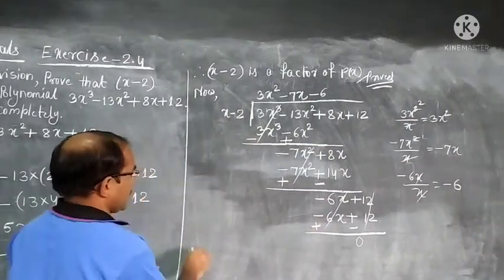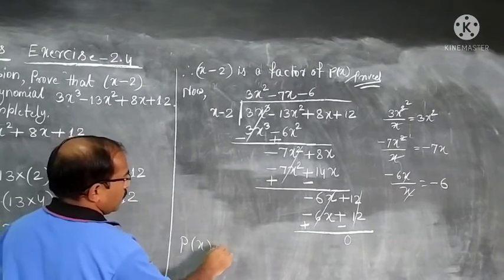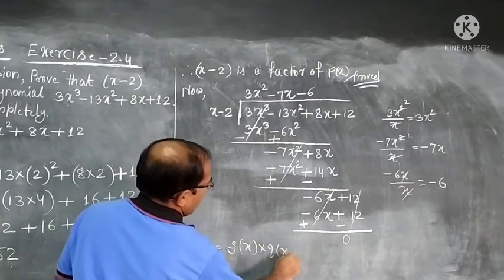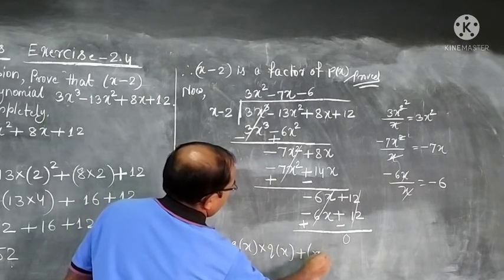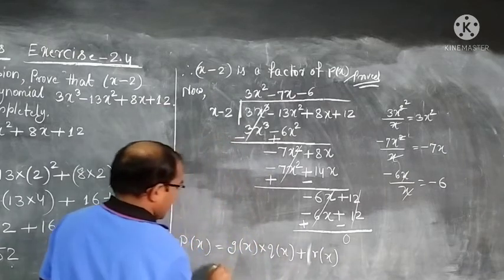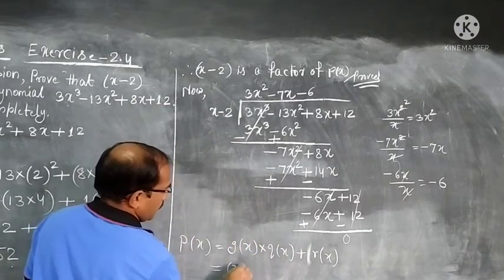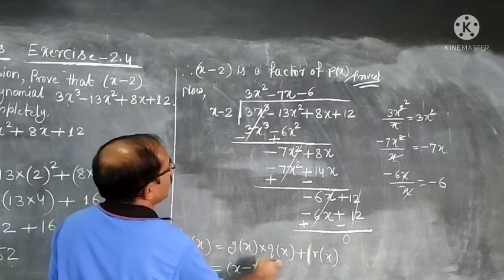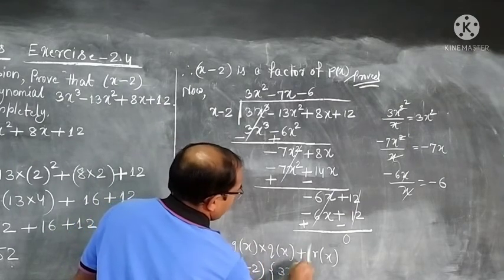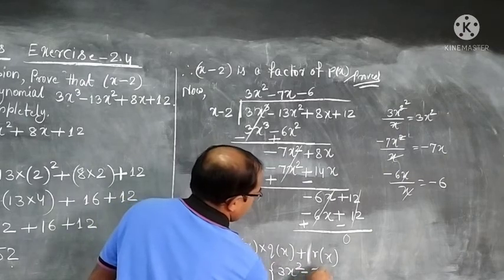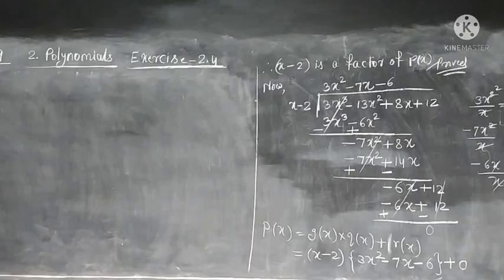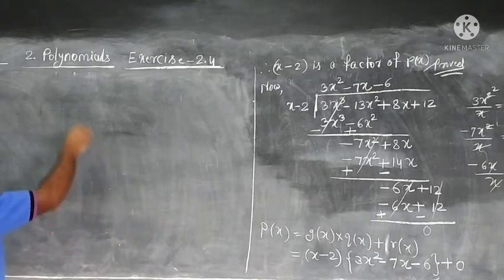We will go for the relationship. What is that? P(x) is equal to g(x), the divisor, into the quotient, plus the remainder. g(x) is x minus 2, q(x) is 3x square minus 7x minus 6, and the remainder is 0. So now x minus 2